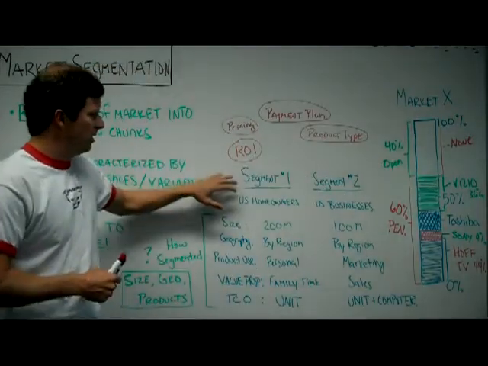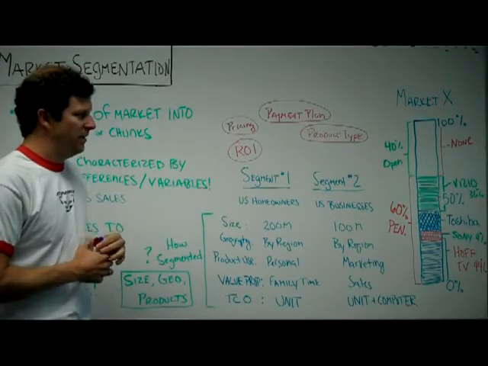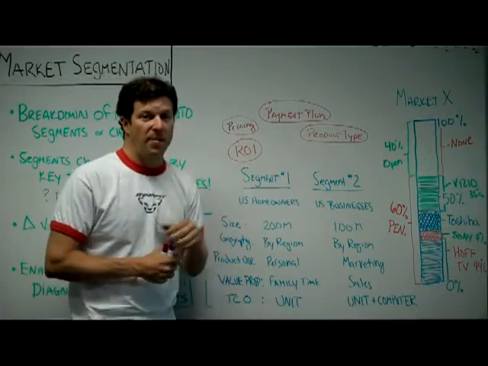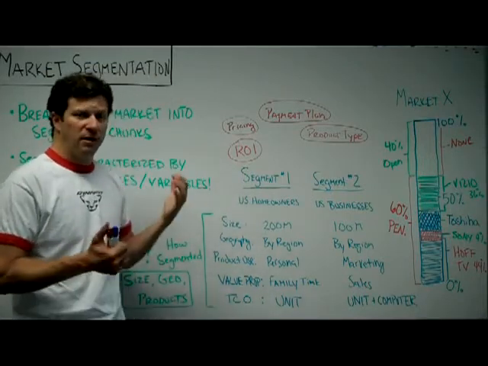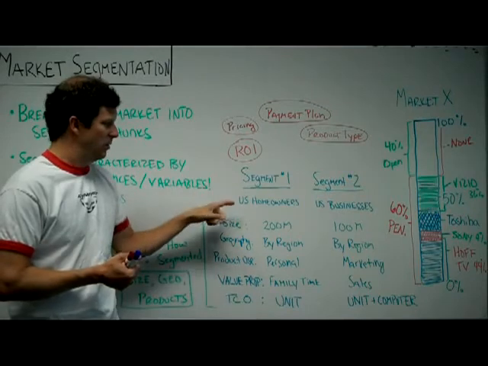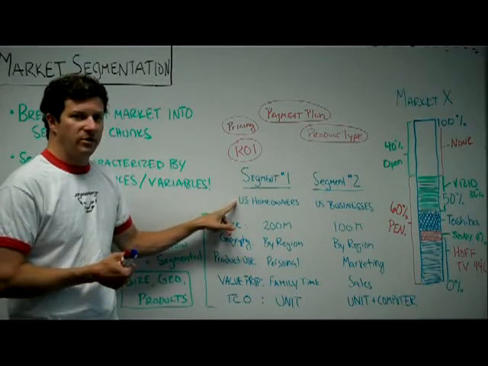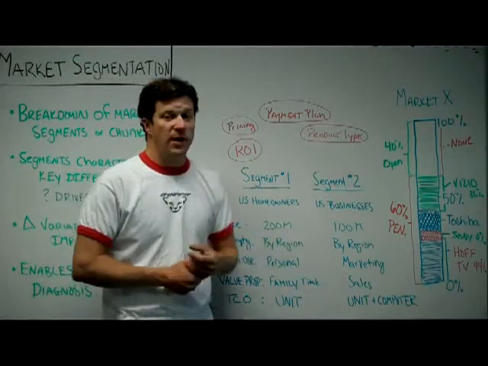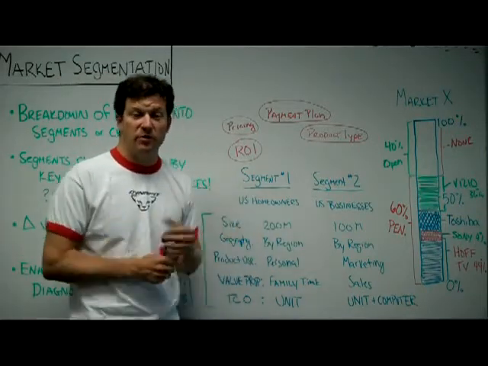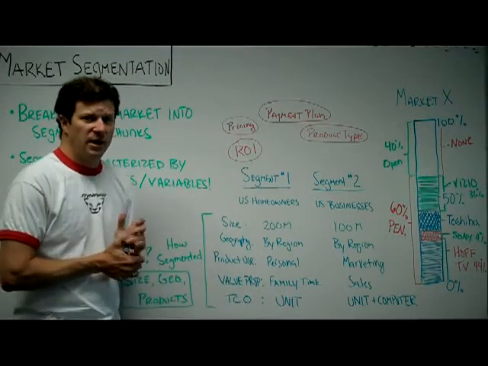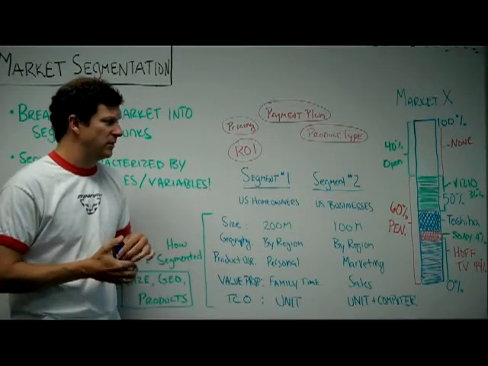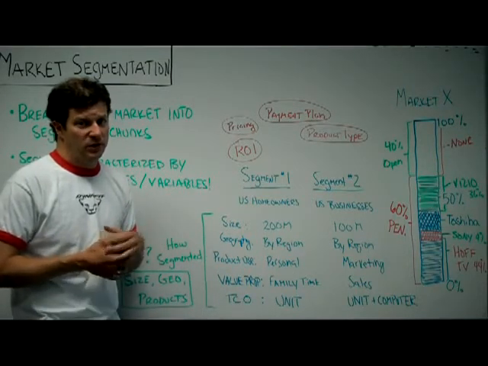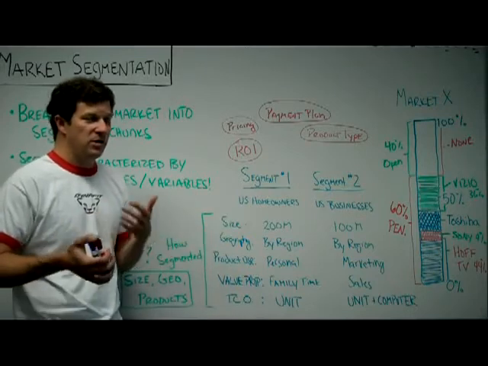What I've written out here is we've been looking at flat panel TVs in some of these examples. So I'm going to look at segment number 1 and segment number 2 for the flat panel television market. You might think, well, are there market segments in this case? But yeah, let's look at homeowners as one segment. Now they might use flat panel televisions. And then we'll look at U.S. businesses as another segment. They have separate use cases for flat panel televisions. This is a super simple example. I'm sure these companies have broken down their markets into much more complex segments based on what size of television they watch and where they are in the country and what they use it for.